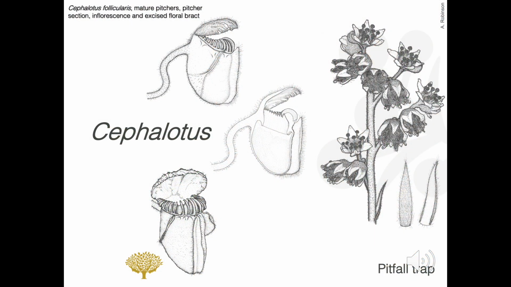We now move on to Australia's pitfall traps, which rely on gravity, trickery of light, and ultra-slick internal walls to capture prey. These prey are digested in what are effectively open stomachs. The first of these is Cephalotus, the Albany pitcher plant, which is endemic to a small stretch of near-coastal habitat between the Esperance Plains and Margaret River in WA. This range is centred on the town of Albany, accounting for the plant's common name.